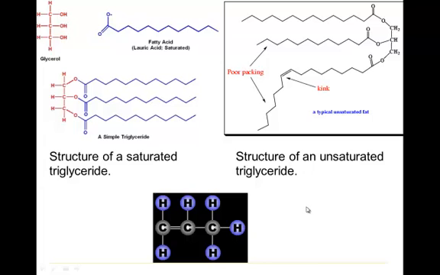Now, the thing about double bonds is it changes the bond angle. If you look at the diagram in the upper right here, where the cursor is, I'm pointing at the double bond. This is labeled as kink, and all that means is that the bond angle is different, and so it's further apart. Therefore, it tends to be liquid at room temperature rather than solid. So the structure of a saturated triglyceride here, the structure of an unsaturated triglyceride here. So I hope that you could explain why different triglycerides are solid or liquid at room temperature, and also what